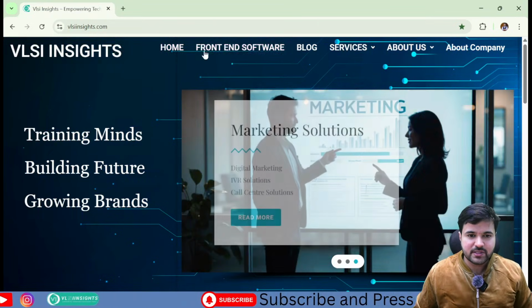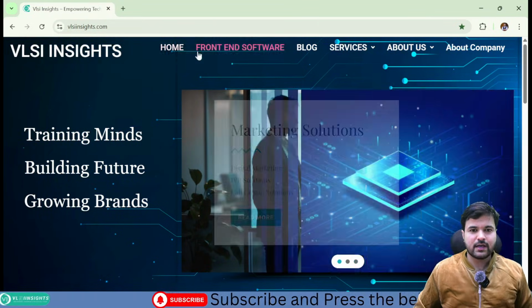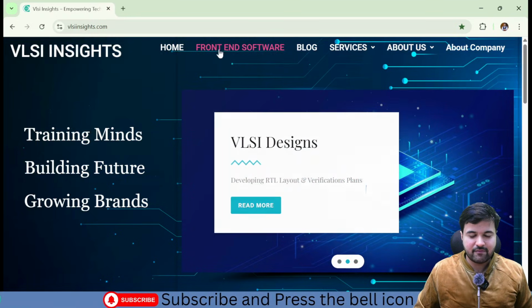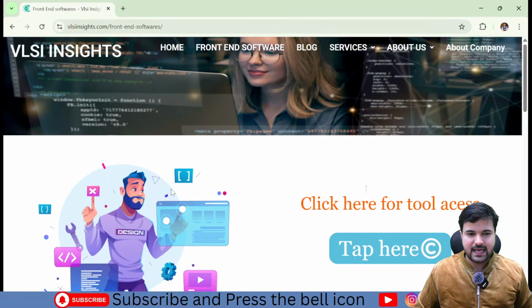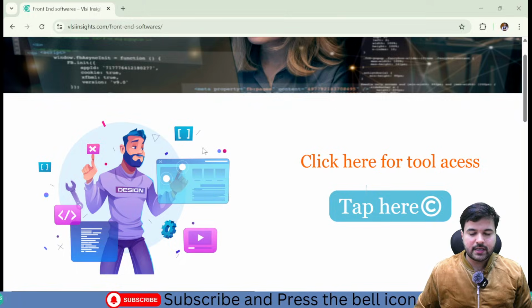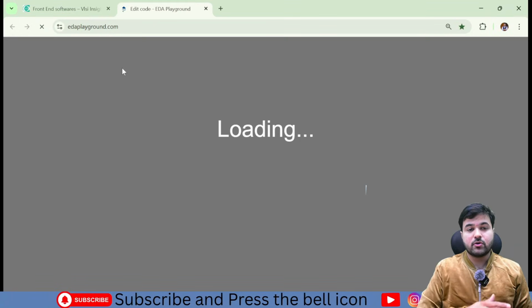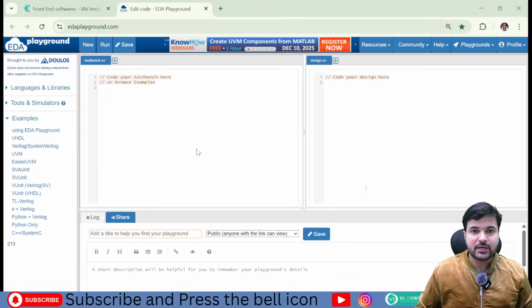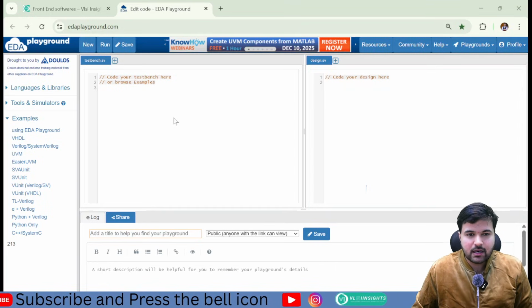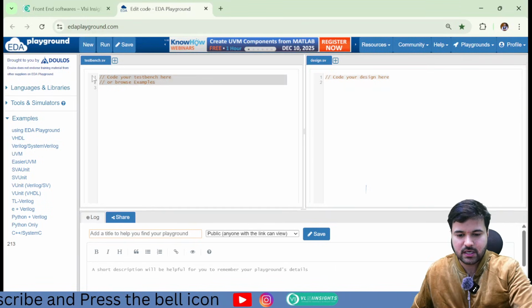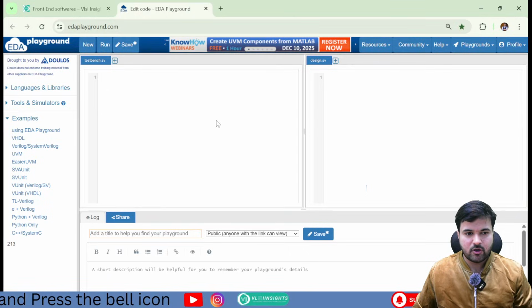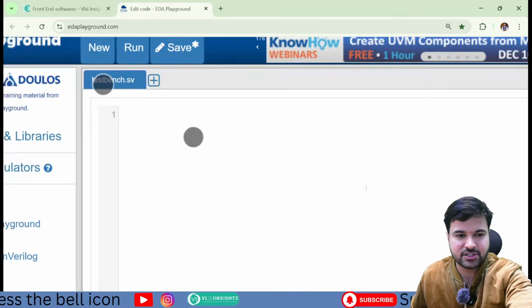That's our official website, and over there you can find front-end software. Click on the first tool and it will redirect you to a popularly known tool, which is EDA Playground. And there you can write your logic in the testbench section.